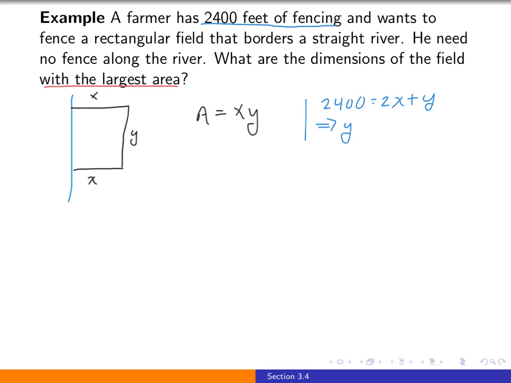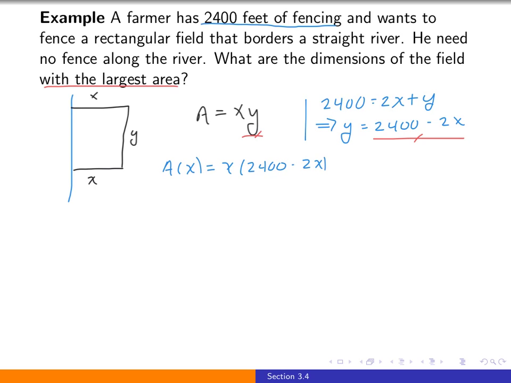So y is equal to 2,400 minus 2x. And once we've solved for that y variable, we can just plug that back in to the function that we would like to optimize. And I can now say that A, as a function of x, is going to be x multiplied by 2,400